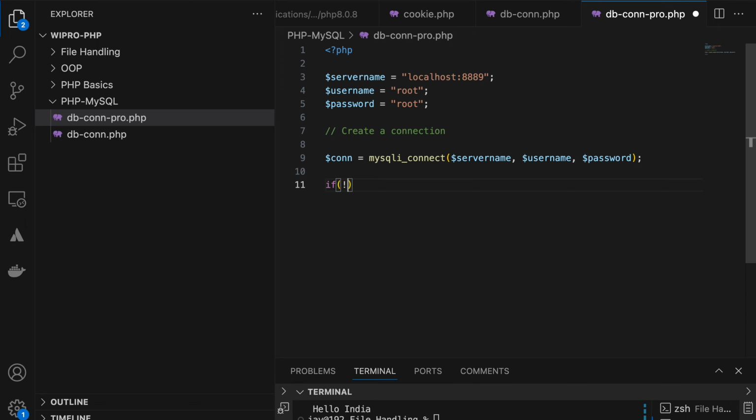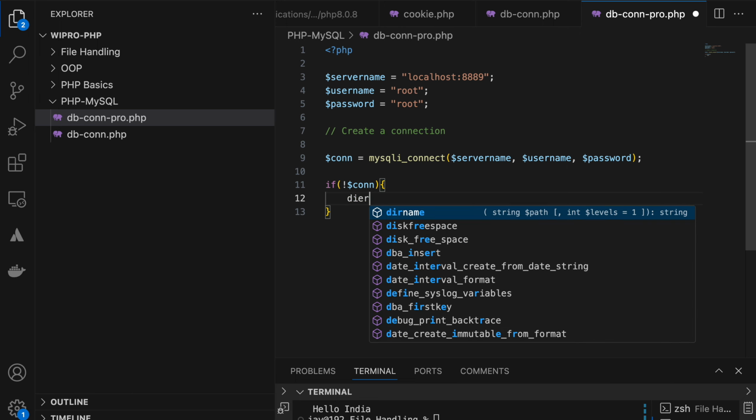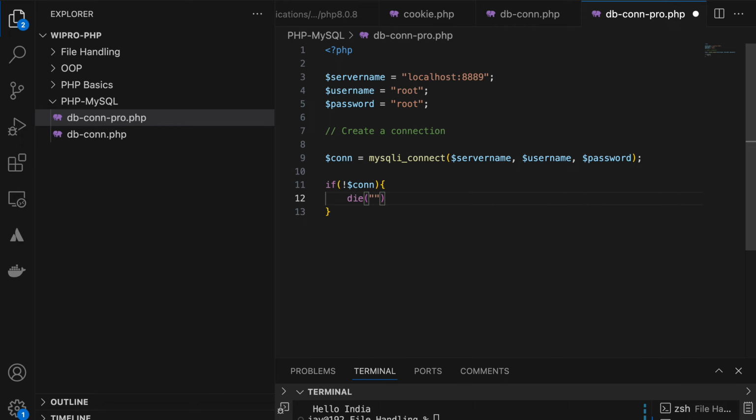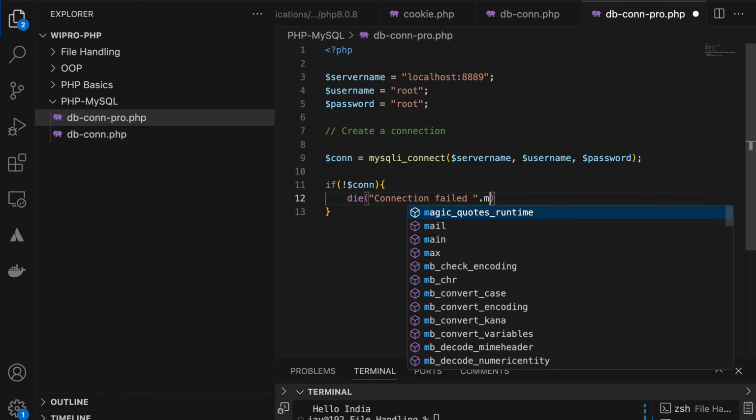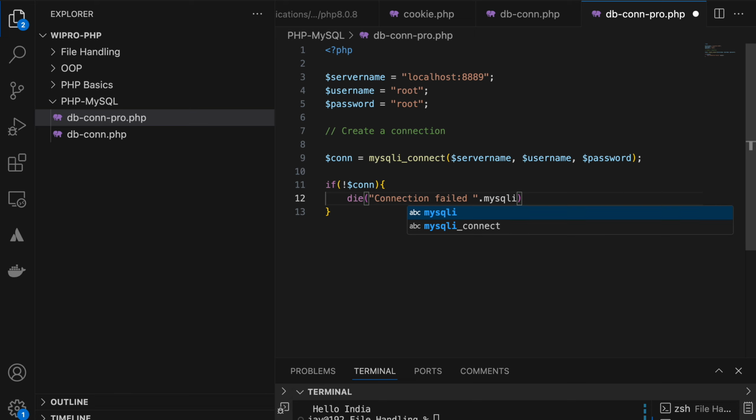If not connection, meaning connection not established, echo or you can say die connection failed, then along with the message mysqli_connect_error.